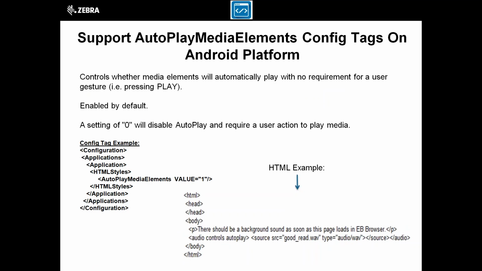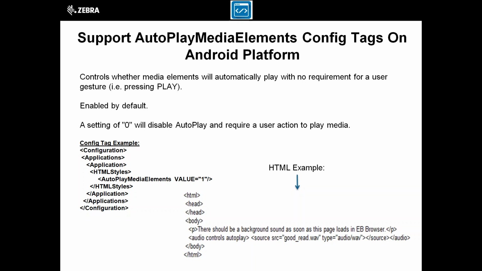Then we have also provided support for a new config tag called autoplay media elements, which is by default enabled on our Enterprise Browser application. This feature is supported on the Android platform. This is required for controlling whether media elements will automatically be played when the autoplay attribute is set under the HTML page